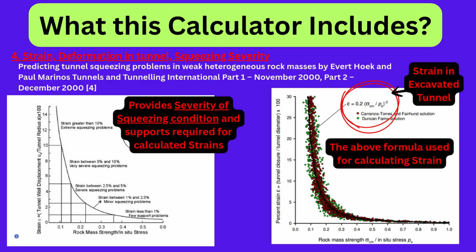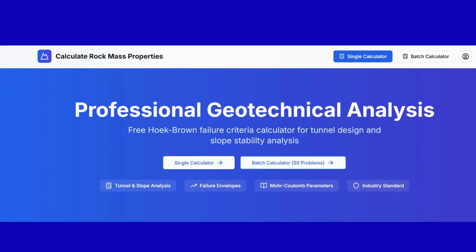We have included in the calculator the squeezing severity and strains in the tunnels. In the next slides, we will see how to use this calculator to generate the results. Today I will show you how to use both the single calculator for individual analysis and the batch calculator for processing multiple scenarios simultaneously. On the top right corner of the screen you can see there is a single calculator